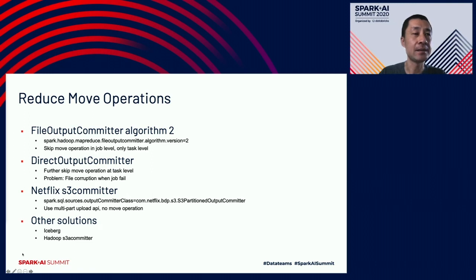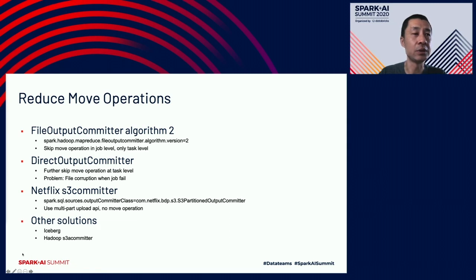Further, inside Pinterest, we already have a direct output committer used in MapReduce, which also removes the task level move operation. Direct output committer writes the file to the job output directly for every successful task attempt. However, the first two approaches suffer some degree of data correctness issues.